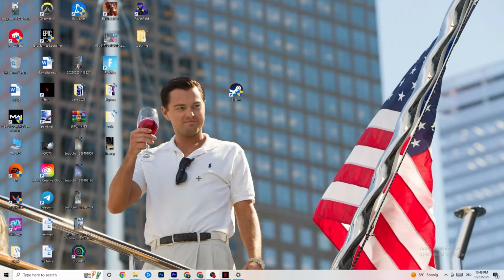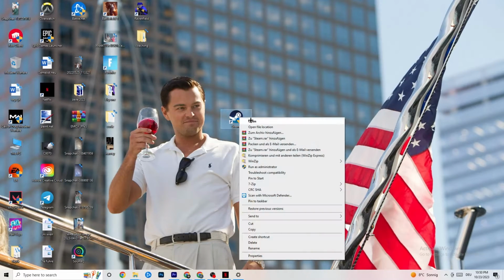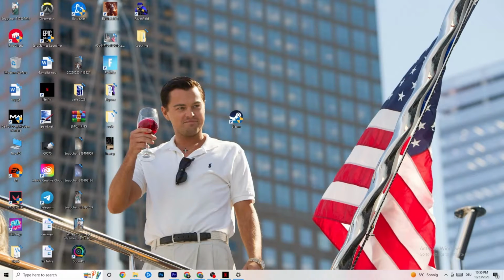The next thing I want you to do is to take your launcher shortcut. For me it's Steam. It could also be Epic Games or EA, because sometimes games are cross-listed. Take your shortcut, right click it and navigate down to Run as administrator. You're going to left click that one. This will make your launcher start as an administrator. Once it is started, I want you to launch your game over the launcher and try to fix it by doing that. If this doesn't fix it, close the game again, close the launcher again,